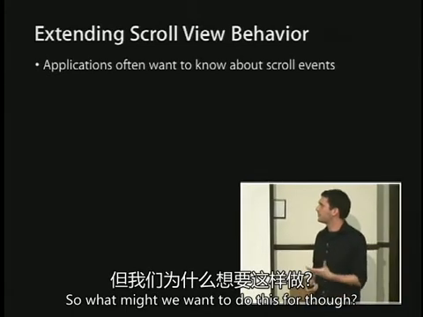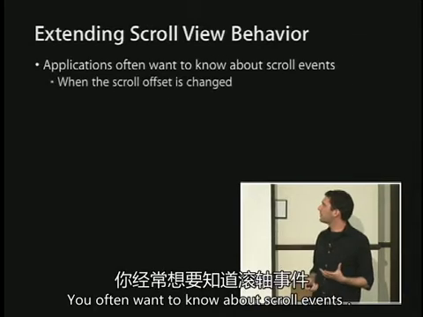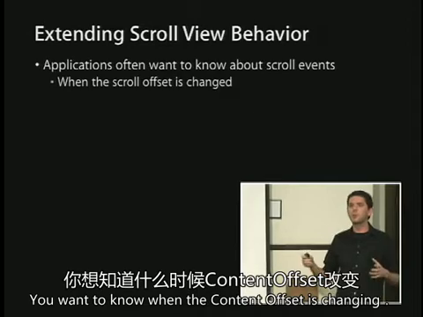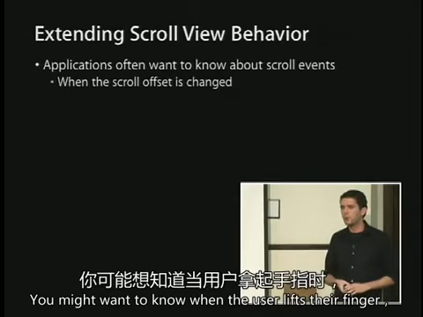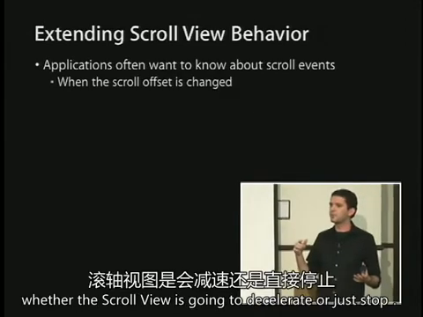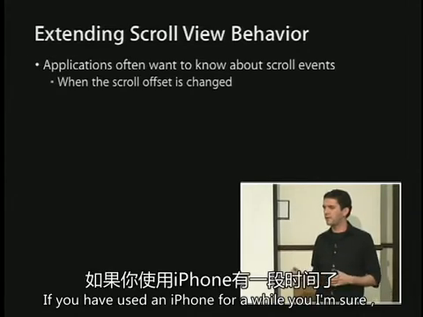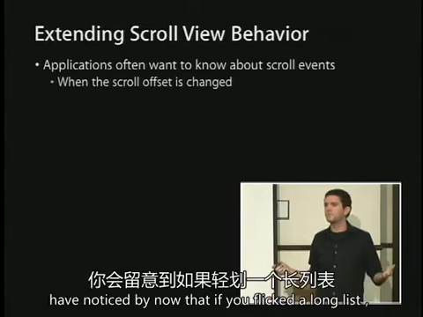So what might we want to do this for, though? You often want to know about scroll events. You want to know when the user starts scrolling. You want to know when the content offset is changing. You might want to know when the user lifts their finger, whether the scroll view is going to decelerate or just stop. If you have used an iPhone for a while, I'm sure you have noticed by now that if you